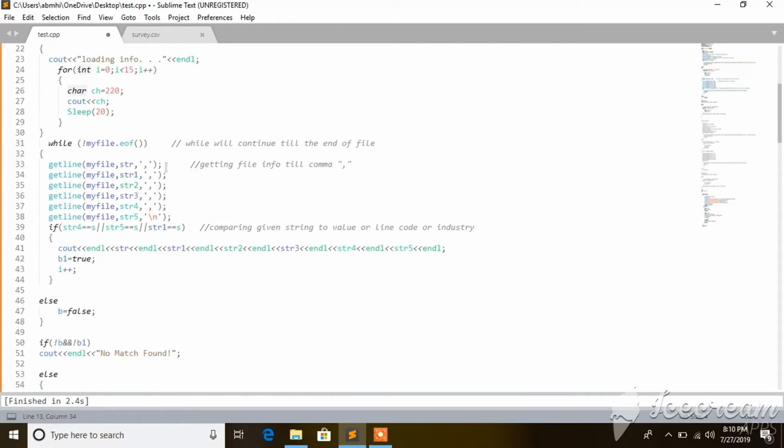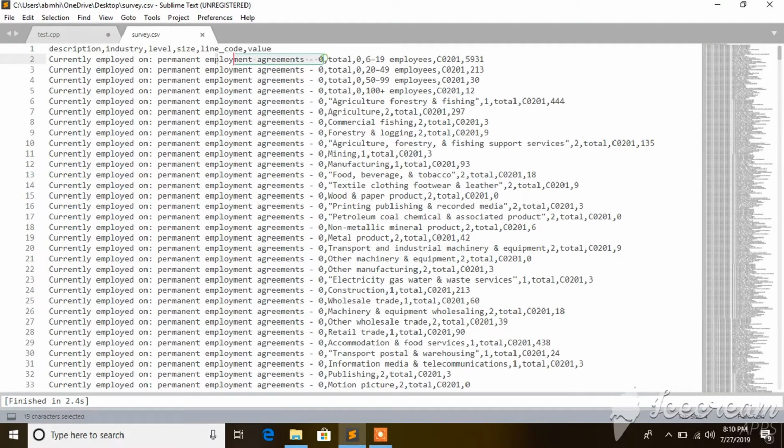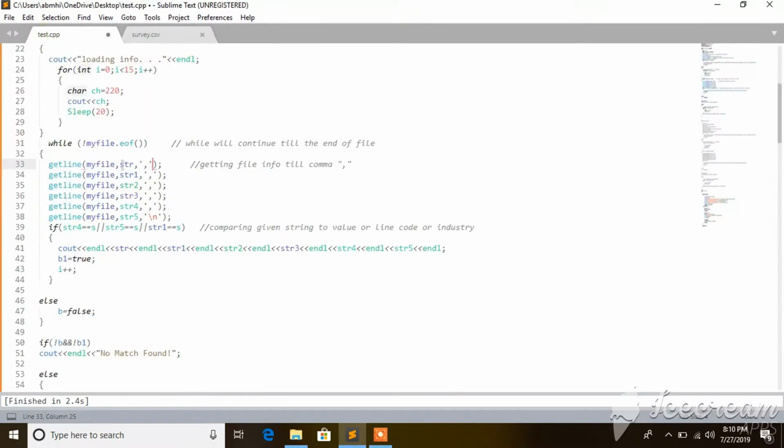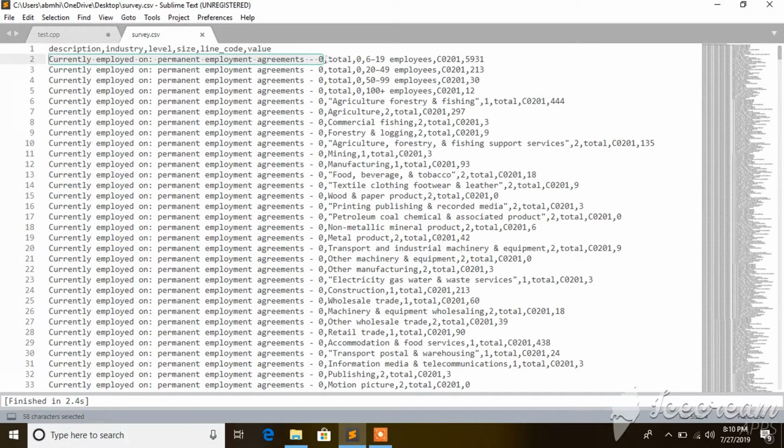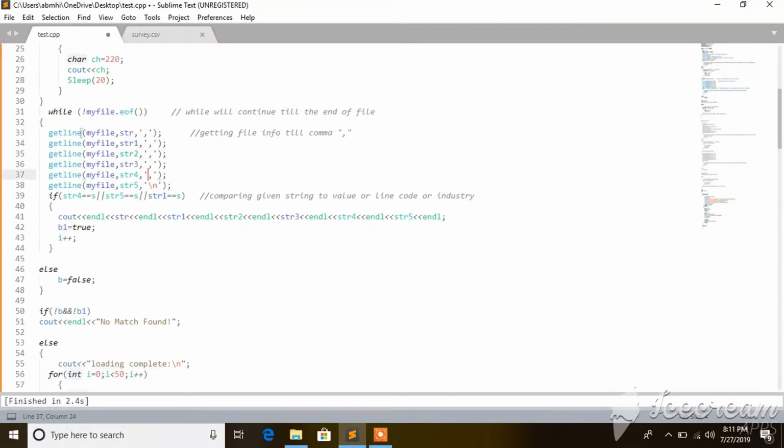গেট লাইন মাই ফাইল, ফাইলের অবজেক্ট, স্ট্রিং এর, আর স্ট্রিং যেটা আমরা ফার্স্টে ওই 5টা স্ট্রিং এর একটা ফার্স্ট স্ট্রিংটা নিছি, আর কমা এর মানে হচ্ছে সিএসভি ফাইলটা রিড করবে কমার আগ পর্যন্ত একটা স্ট্রিং এ নিয়ে নিবে। এই স্ট্রিং এসটিআর এ নিয়ে নিবে। এরপর পরের স্ট্রিং এ যাবে, পরের স্ট্রিং এ গিয়ে এসটিআর 1 এ রাখছি, তাহলে আমাদের ইন্ডাস্ট্রিটা আসা যাচ্ছে।